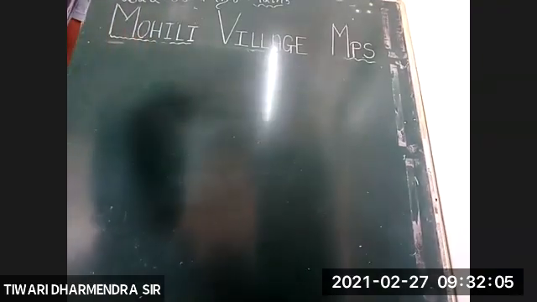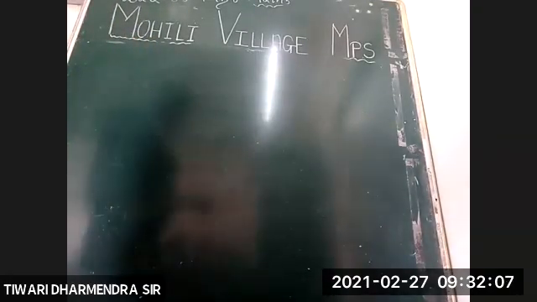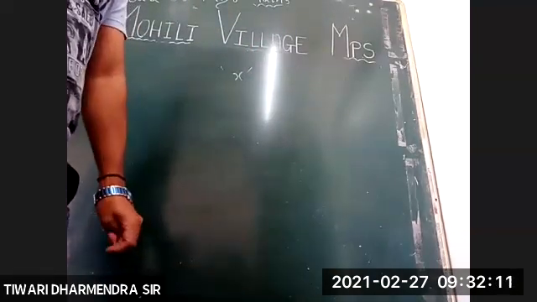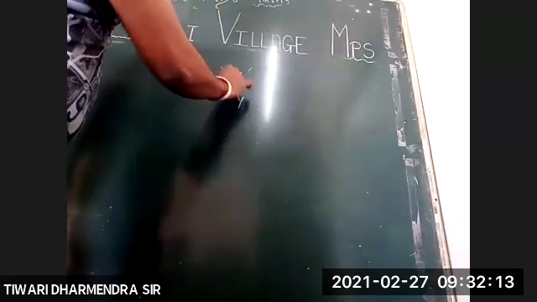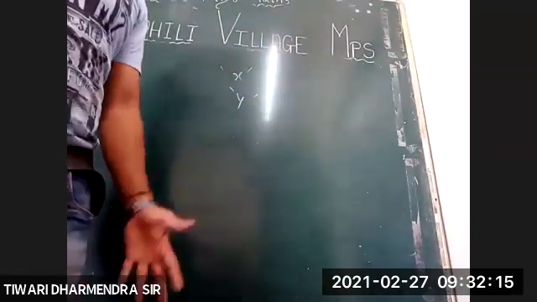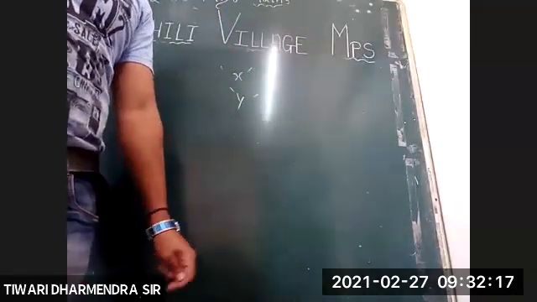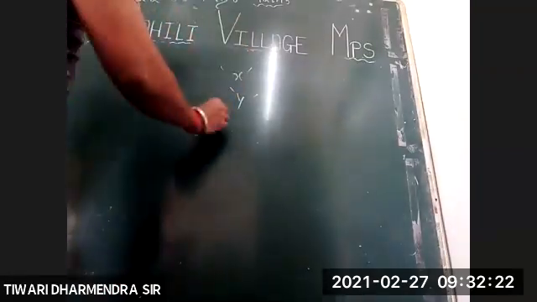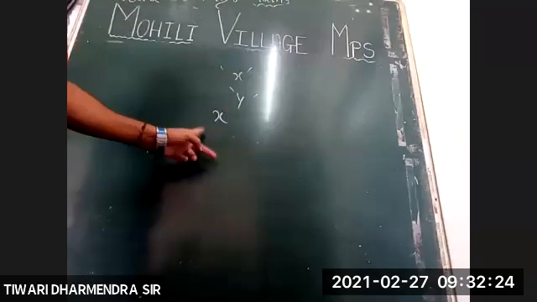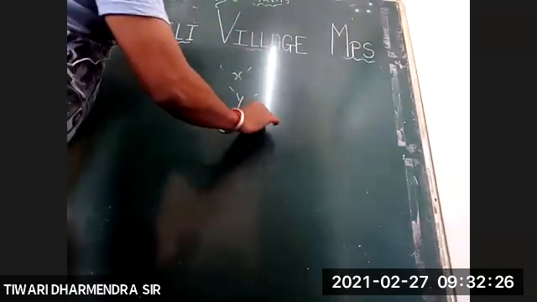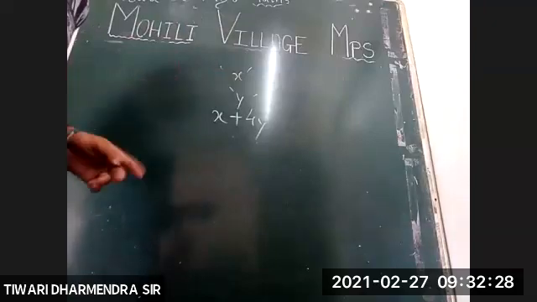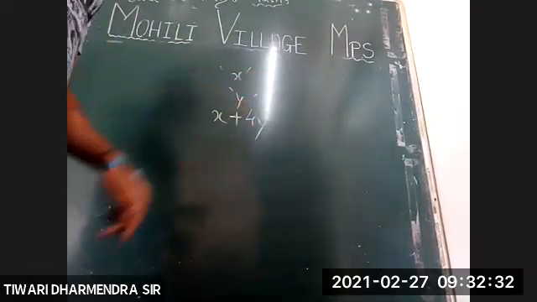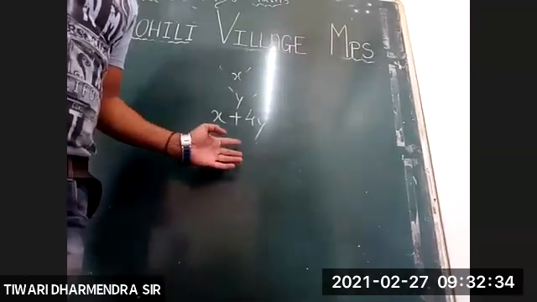How to find? As we don't know his original salary, let his original salary be X. And as we don't know his yearly increment, let his yearly increment be Y. There's a certain increment every year on his salary. So according to the first condition, suppose he started with his original salary X. After 4 years, increment means every year some amount gets added to your salary, so after 4 years, 4 times Y will be added to your salary.